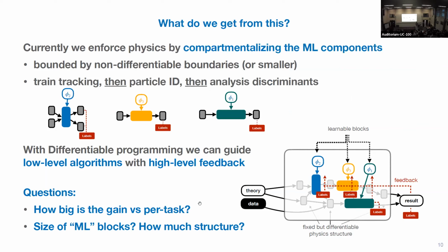And so currently, how we do it, of course, we already enforce the physics somehow. And the way that we do per task training, instead of doing this end-to-end optimization, we rip out the individual machine learning components, we train them separately, and then we inject them back into the pipeline, and then we run, let's say, reconstruction or analysis. But it's not clear that this is optimal, because there's no way for, for example, downstream analysis to affect the tracking, right? We train the tracking on whatever tracking training data we have, and it doesn't know anything about the downstream analysis use cases unless we put it in the way that we prepare the training